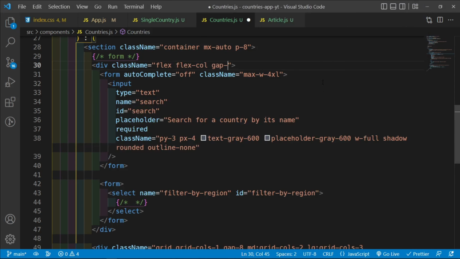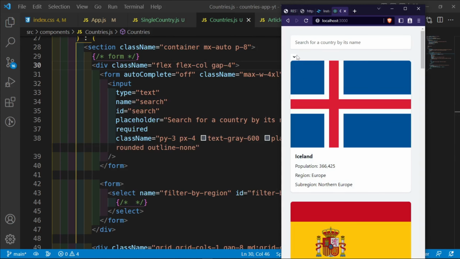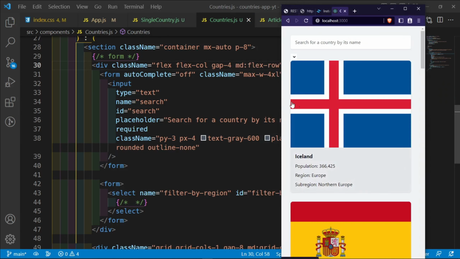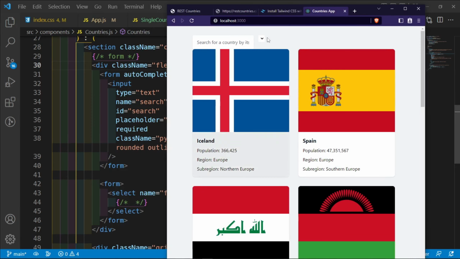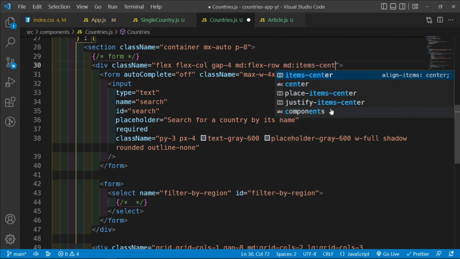And then I'm going to give this a gap of about 4 to increase this gap here so that it's just separated out just a bit. And then for medium screens, the flex should be row, meaning when you increase it past medium, the select is going to come here. Fantastic. So maximize this, and then for medium screens, items-center, and then